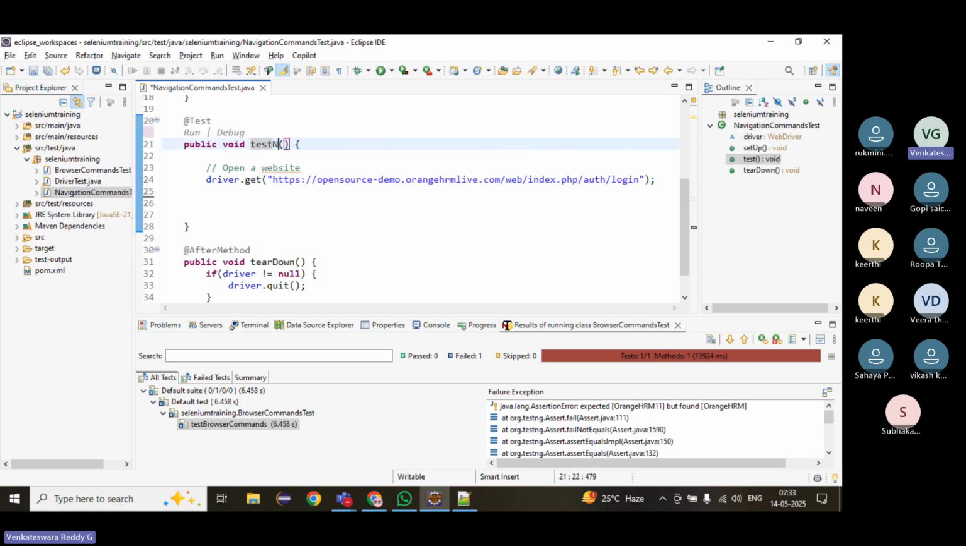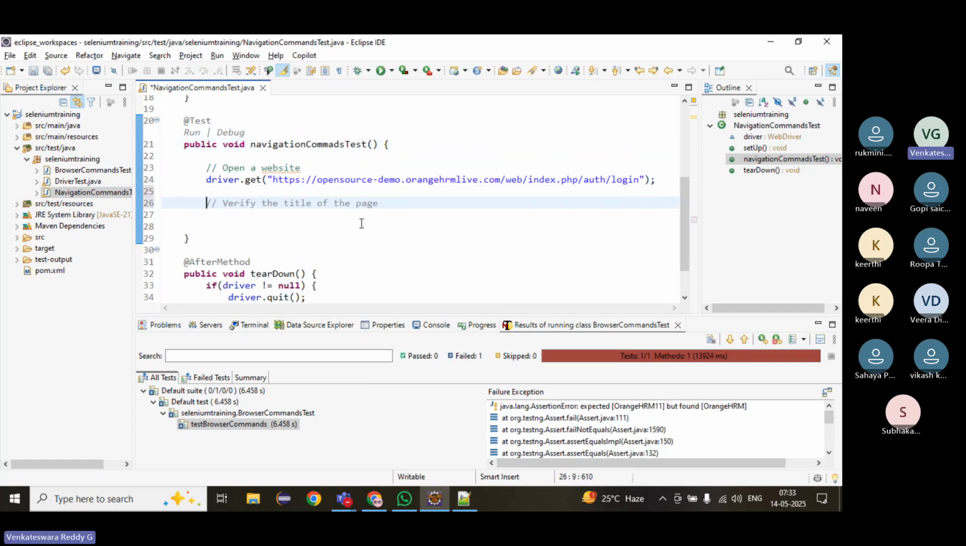Test navigation command. Either we can write test at the start or at the end. Whichever standard the project follows, we can follow that. But it is advised to have it at the end only, as a suffix instead of a prefix. Once we get the driver object, then